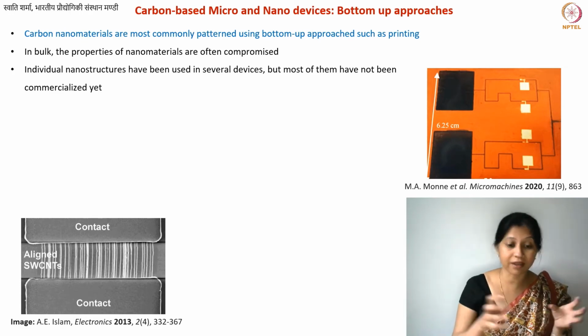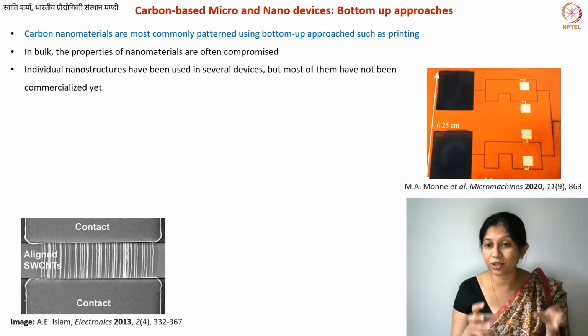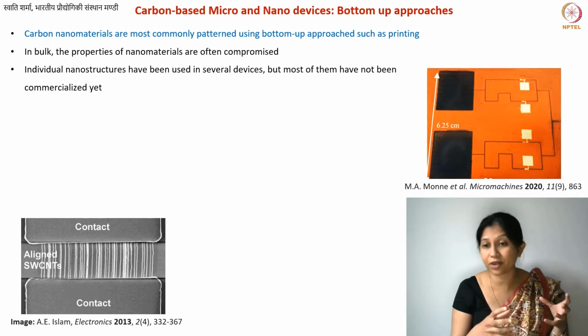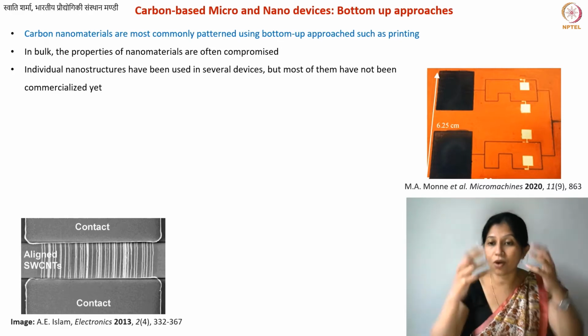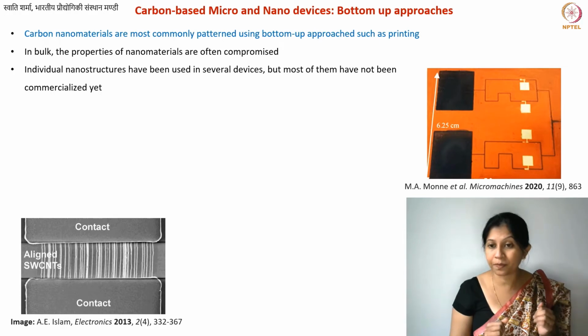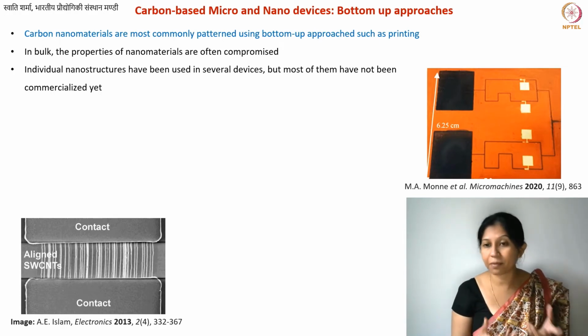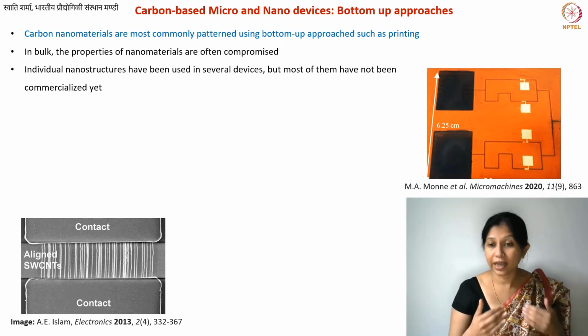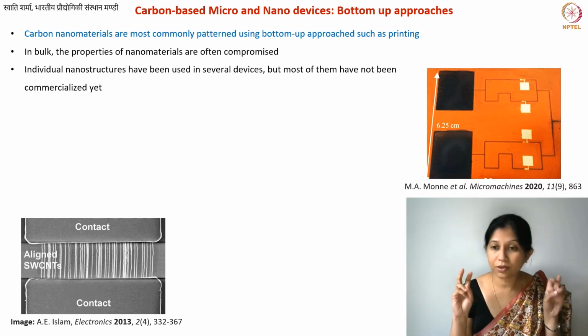You can even mix these catalytic particles into your polymers or any other substrate for that matter, and then directly grow your carbon nanotubes on top of it. Or you can use metal contact pads, and then carbon nanotubes can be grown in an aligned fashion as well. So this is an example where you can use a few carbon nanotubes.